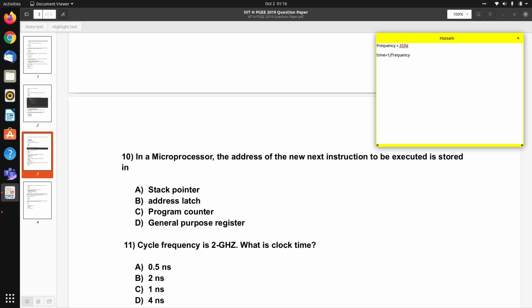This is the 8th standard physics. So 1 divided by 2 multiplied by 10 power 9 is equal to 0.5 nanosecond. So the correct answer for question number 11 is 0.5.